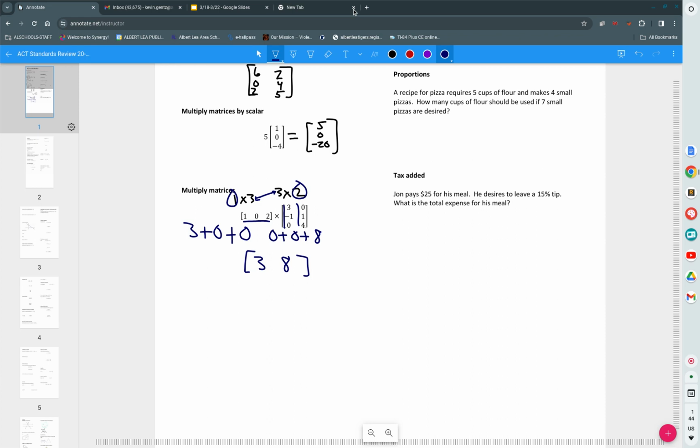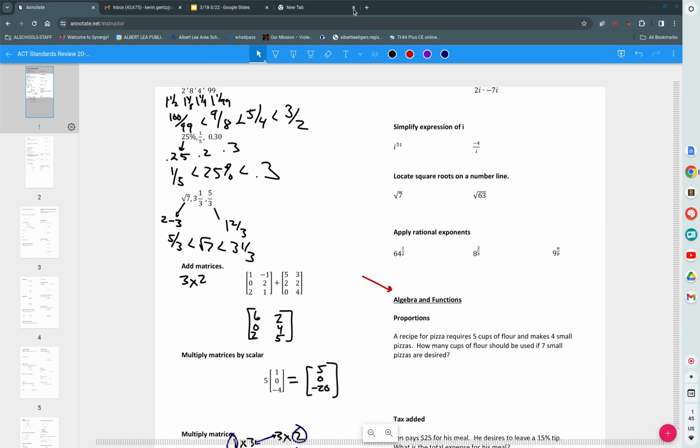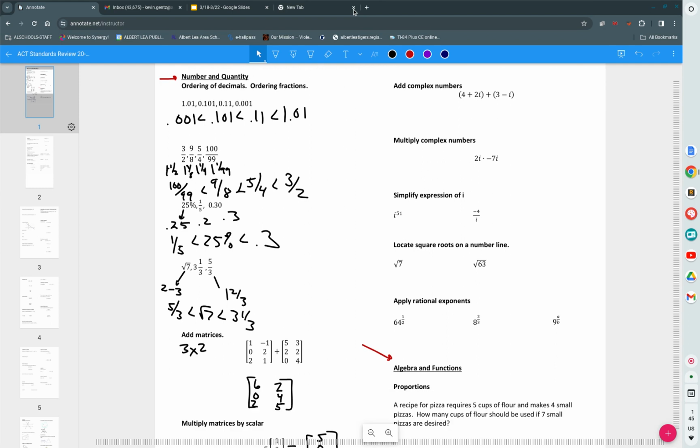Now, there is other material on the ACT sometimes, and you might be asked to find the determinant of the matrix. That'll be for a higher score in the 33 through 36s. We can maybe talk about that at a different time. Other things you need to be able to do to get those top points are be able to deal with